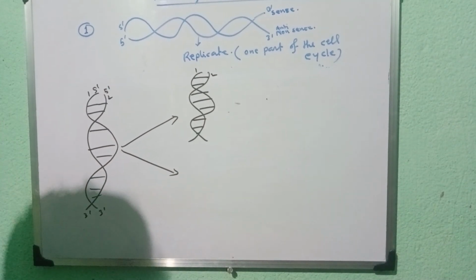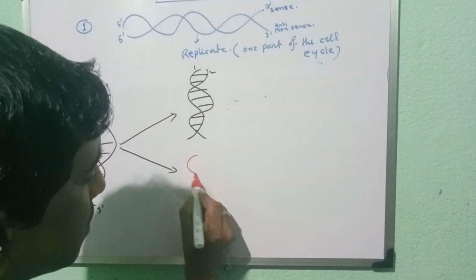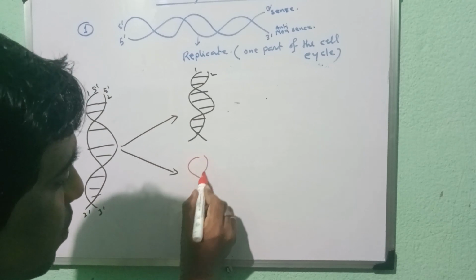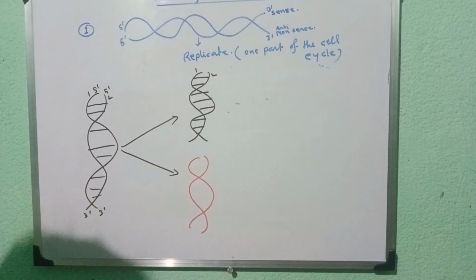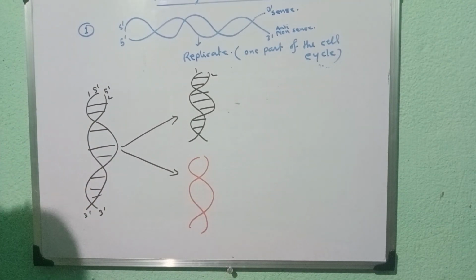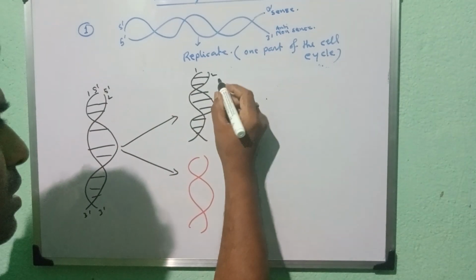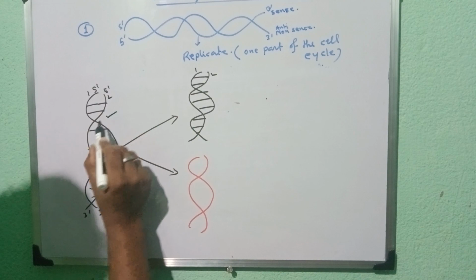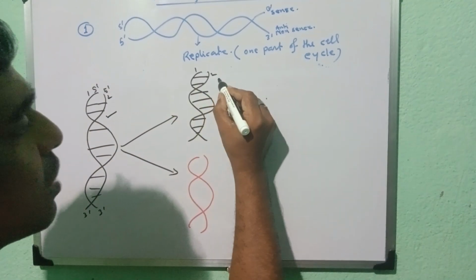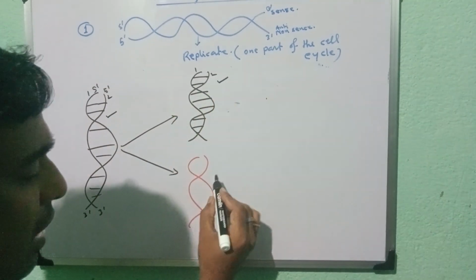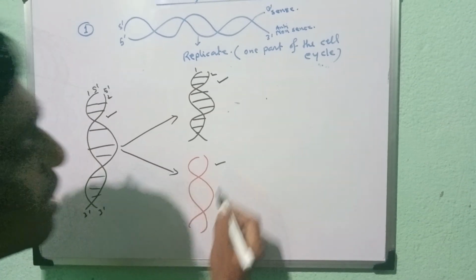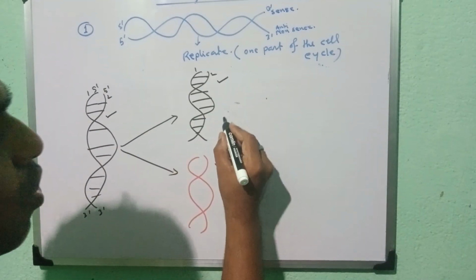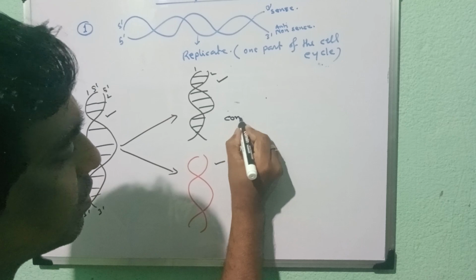Here, newly synthesized two strands are formed. This is the red color. Newly synthesized two strands are formed. So you just look here. This is conservative. That means the total DNA, the two strands of total DNA, are copied here, and here the newly two strands are formed. So this is called conservative